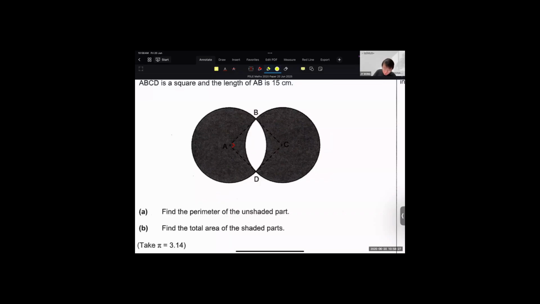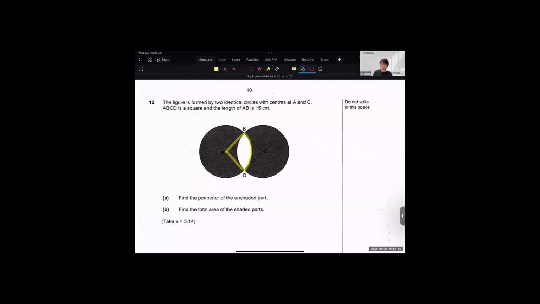Why is it important for you to know that this is a right angle? Because then you know that this is a quarter circle. Technically speaking, if I don't tell you that that is a square, you cannot assume that this is a quarter circle. If I do not tell you that that is a square, a lot of you will assume that it's a quarter circle. But if you think about it from a logical perspective, I could have drawn two circles